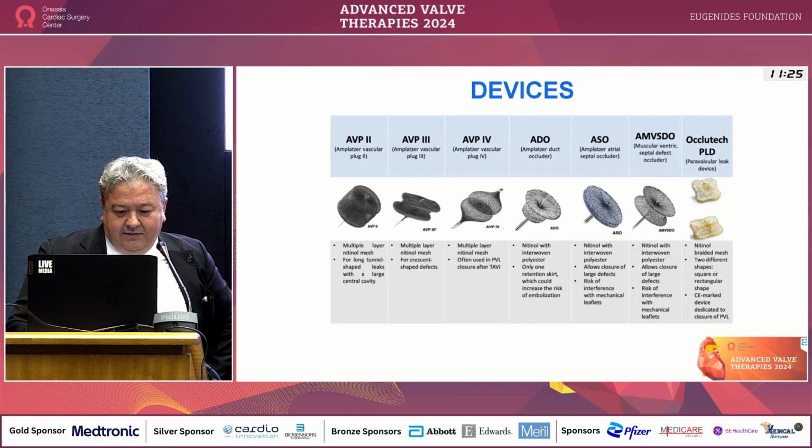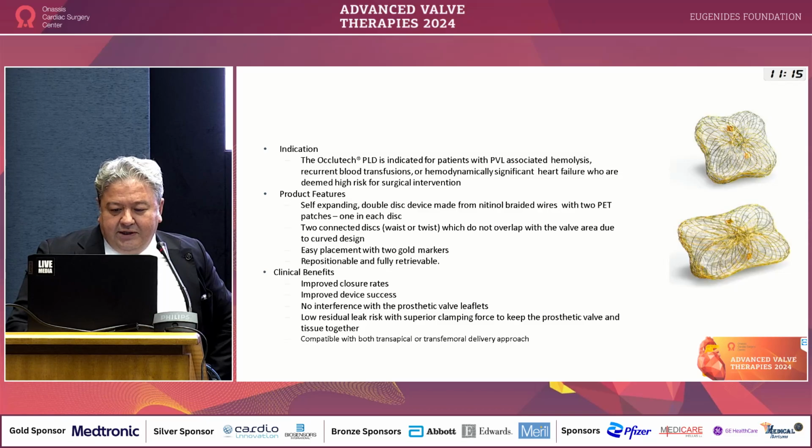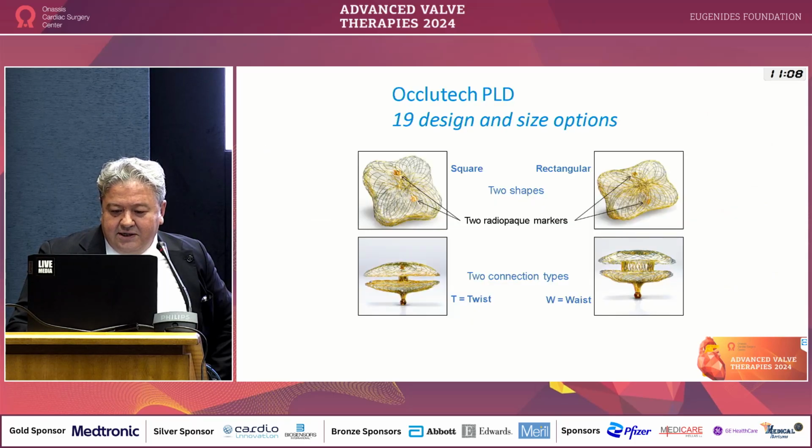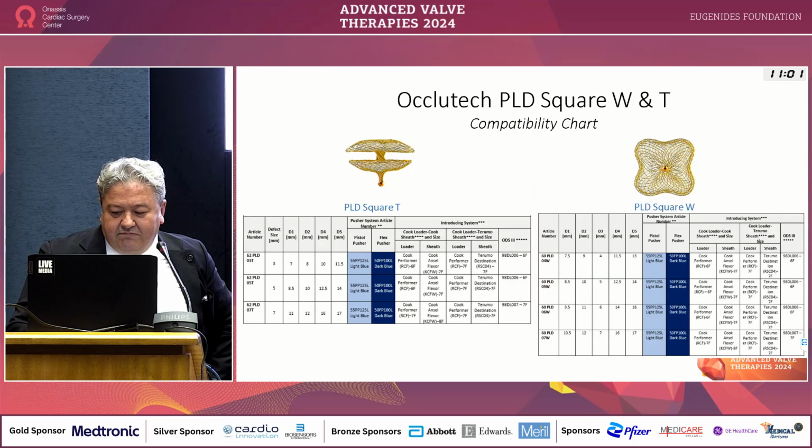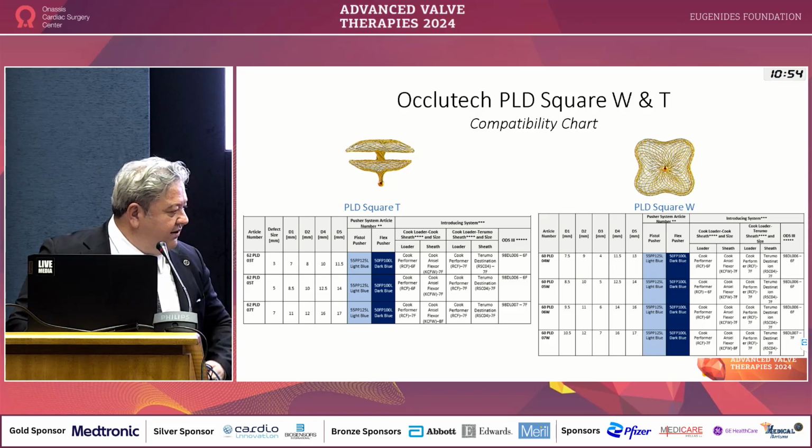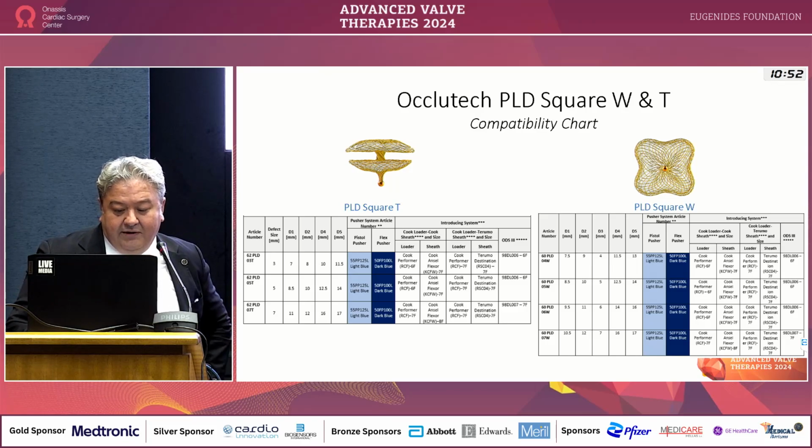So what are the devices? Devices are AVP2, AVP3, but the most common devices we are using are the AVP3 and Occlutech paravalvular leak devices. The Occlutech is indicated in specific cases. There are rectangular and square devices, 19 design and size options, square and rectangular shapes, and it gives us much more opportunity for large sizes and to treat the paravalvular leak,